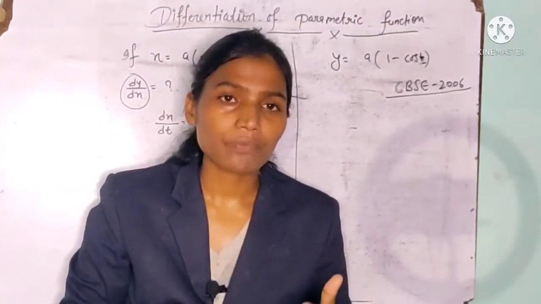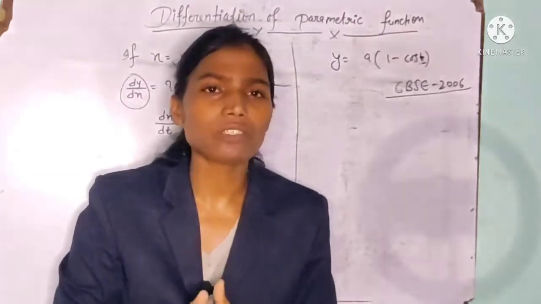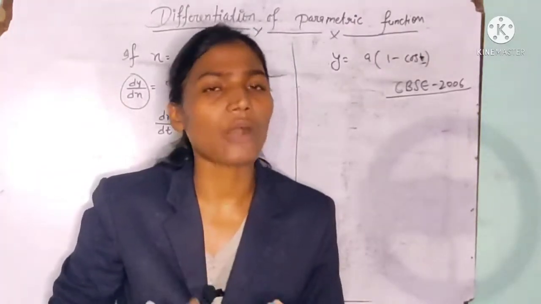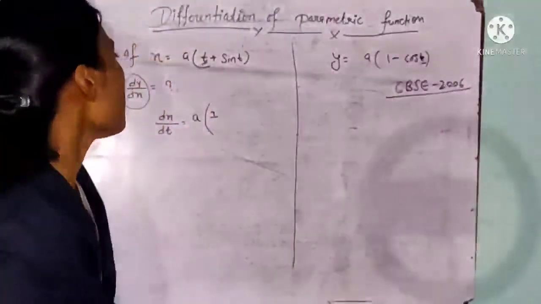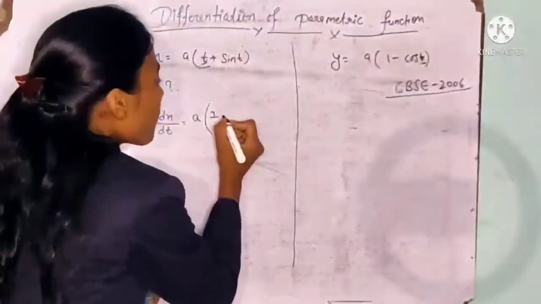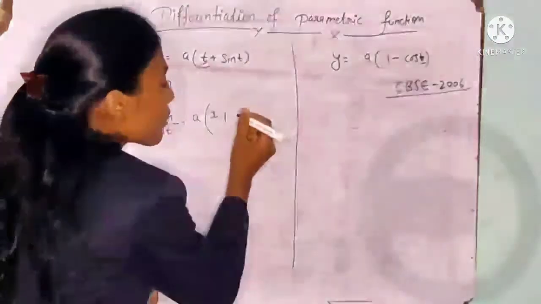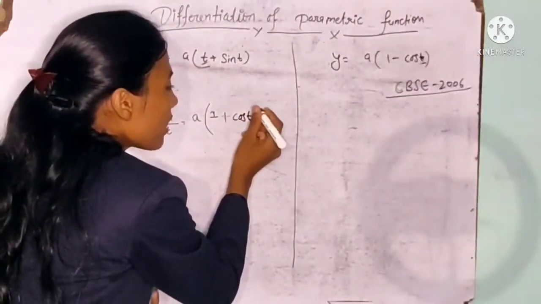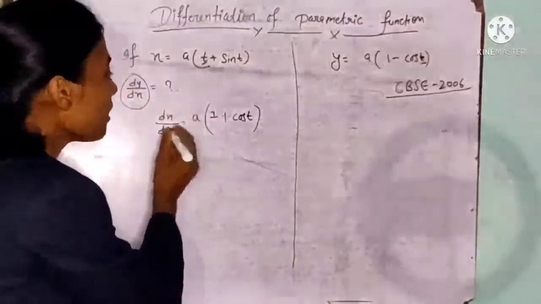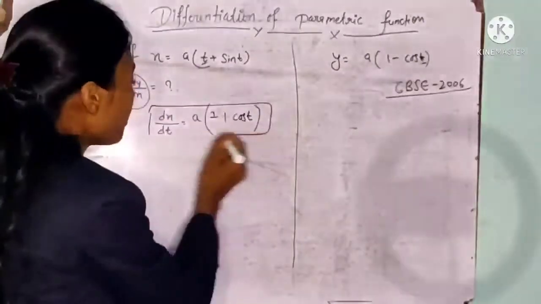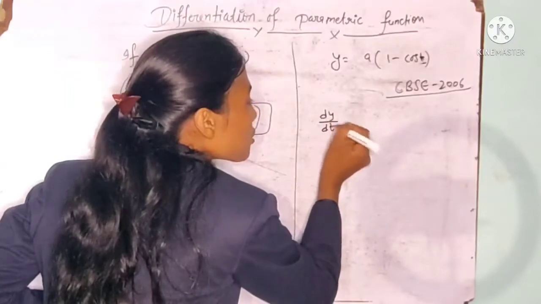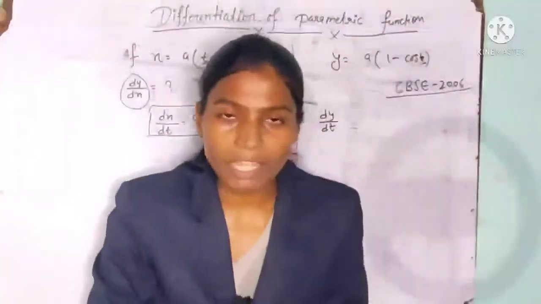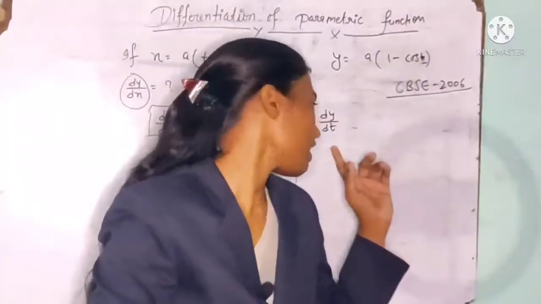So now we learn direct differentiation here, because we already learned how to differentiate directly. So I hope you can understand. See here, differentiation of sin t should be cos t. Now we just find dx by dt, and next we find likewise dy by dt, the differentiation of y with respect to t.